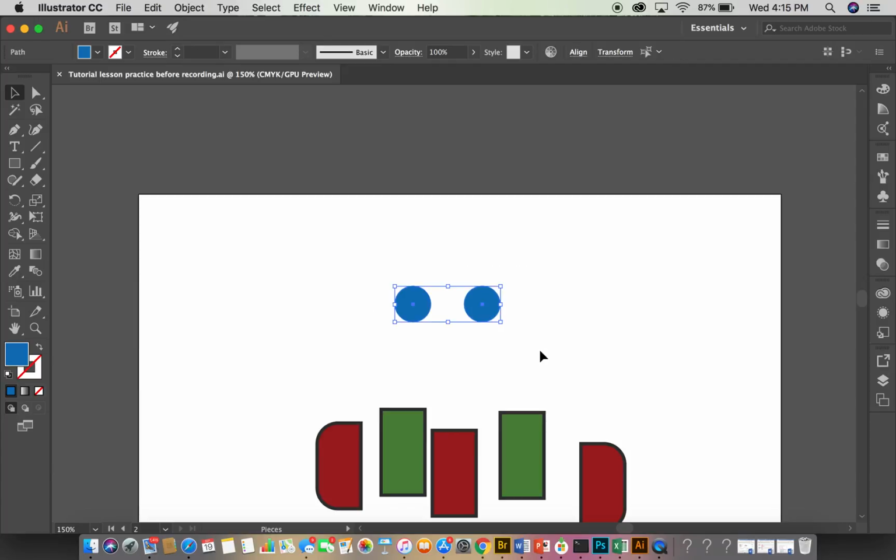Let go, and you'll notice the marquee selection is around both. The bounding box is around both circles. You'll also notice if I Command Z, and Command Z again, or click off, you'll notice